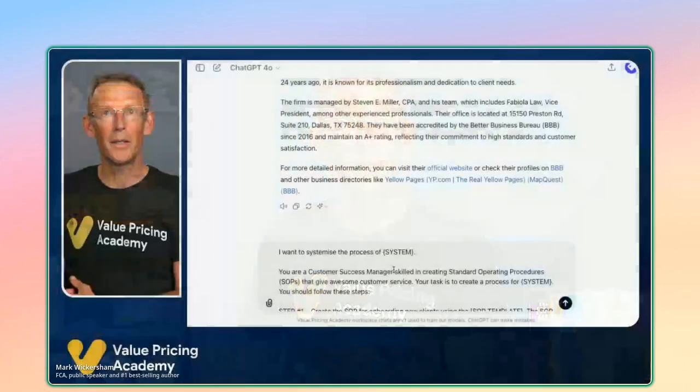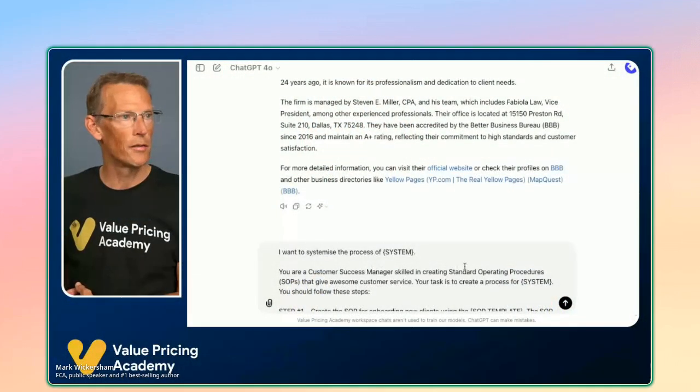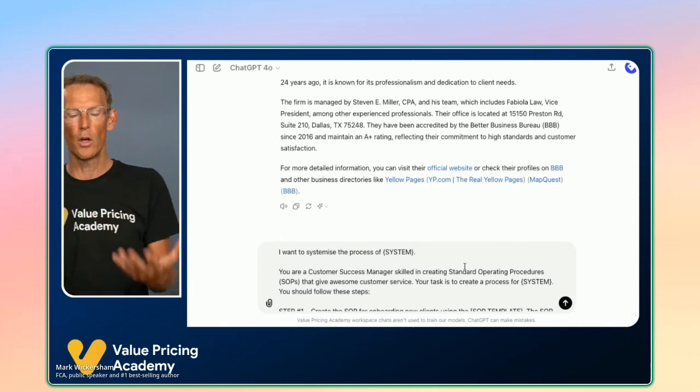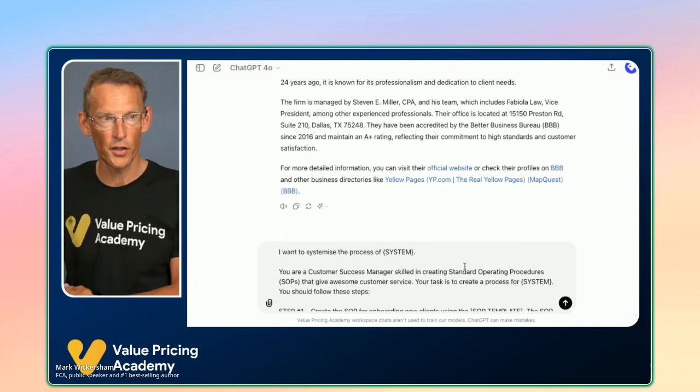So I write long prompts as part of the prompts I write for accounting firms. They are long prompts because I want to make sure they do something very specific and give a very good quality result. So going back to ChatGPT, if we look at this prompt, this is a prompt we're going to look at creating a workflow for an onboarding system.